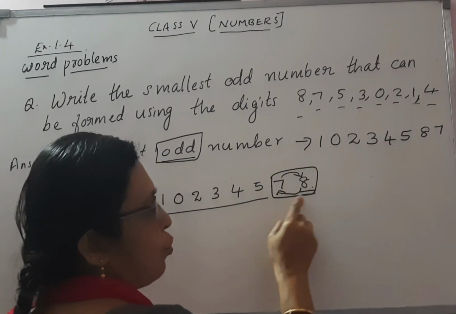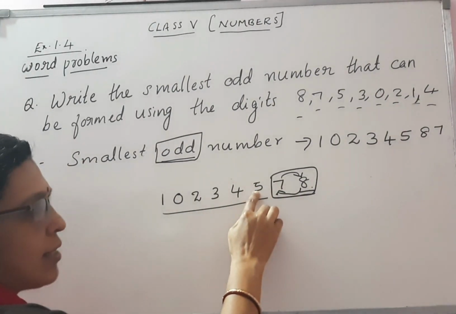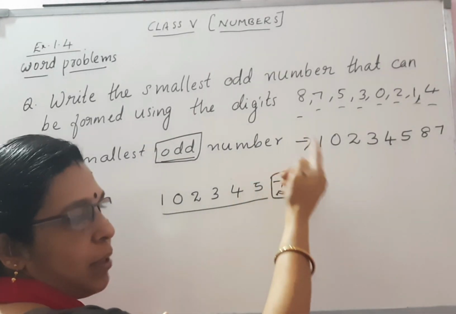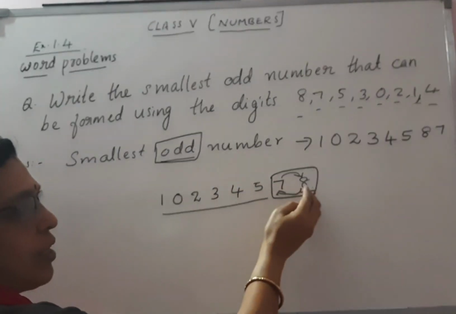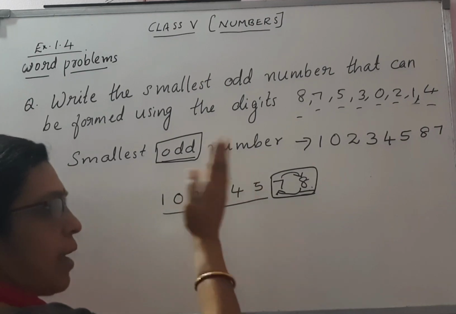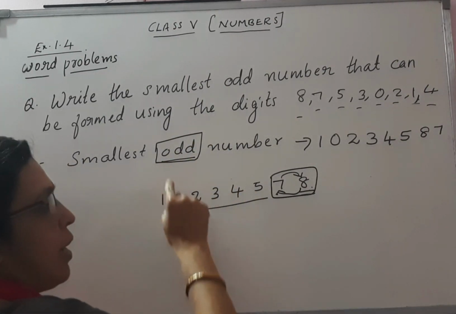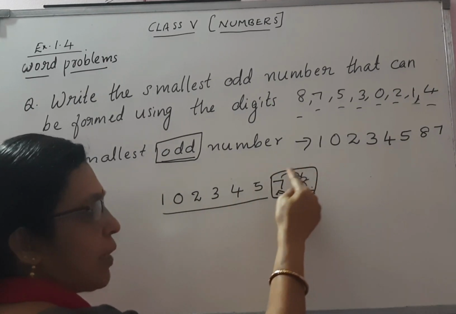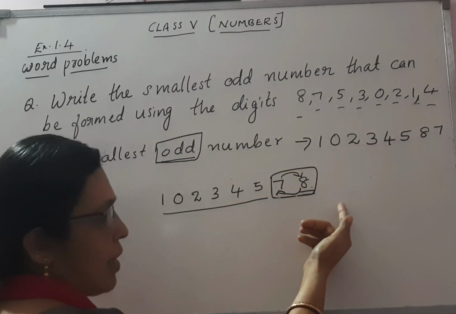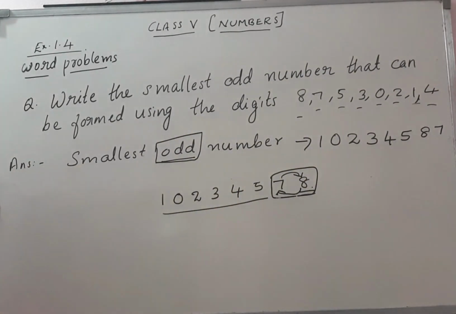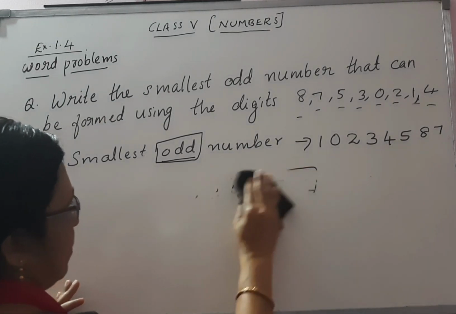Here both even digits are coming, so you should come to the last part and check which digit to bring to the last place. According to that, you have to change the places of the digits in the last part. You should not make the smallest number first. Afterwards, go through the condition. According to the condition, you have to go through the last 2 digits. If an odd digit is coming, you take that to the last, and the other one you bring before that. So that method you can follow to find this answer.